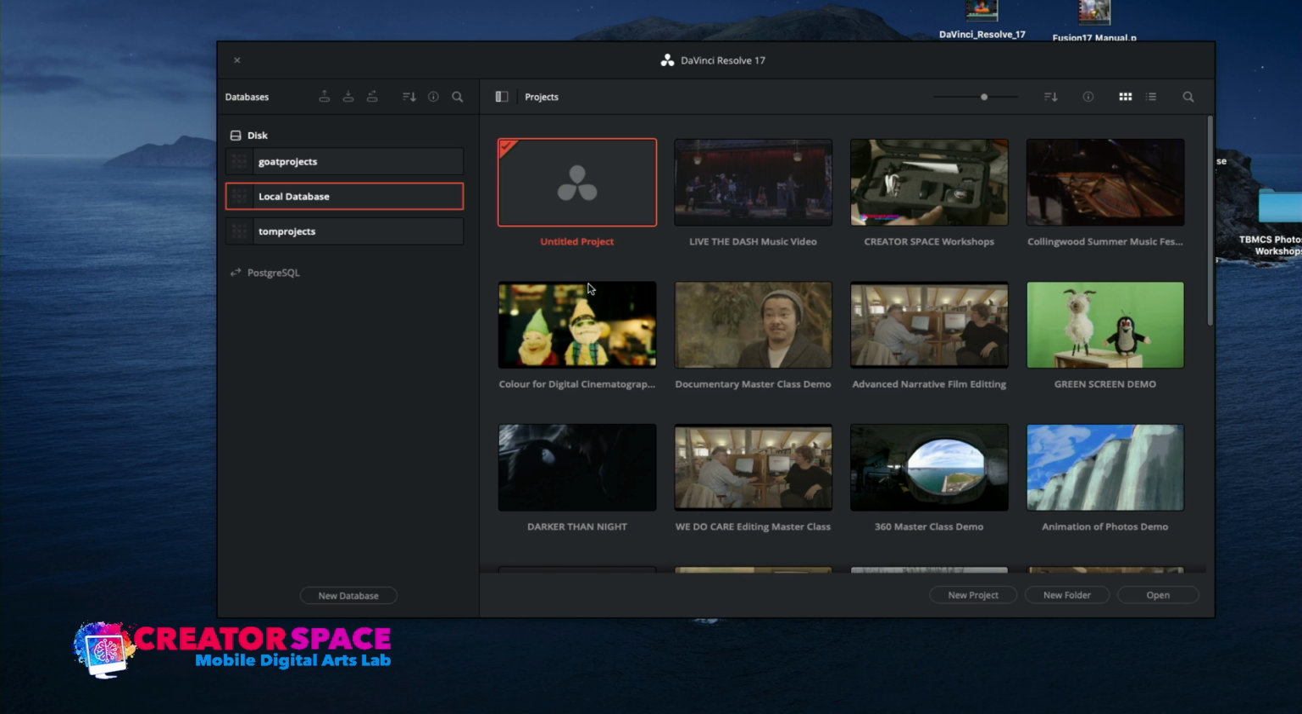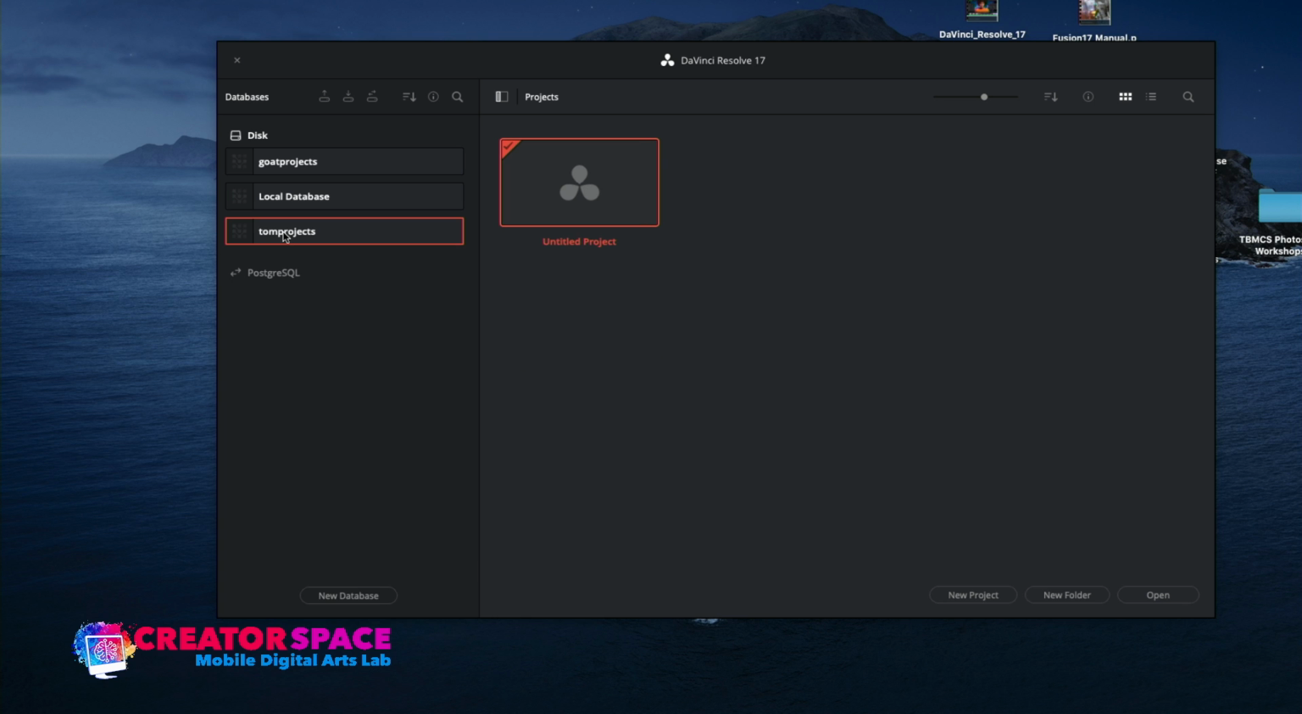Now what you're going to see is called the home project folder. The first time you're using it, if you've just loaded it, you're going to see no other projects. As you can see, I have a bunch of different projects here. This is great, because then you can get an idea of what it will look like once you populate it with different projects. What I can do here is I have two databases. So I have Tom projects, and